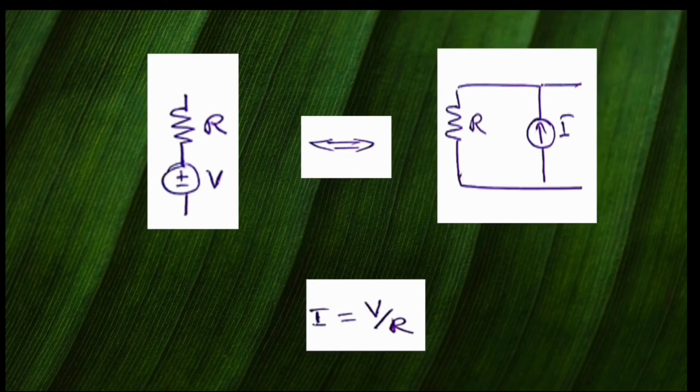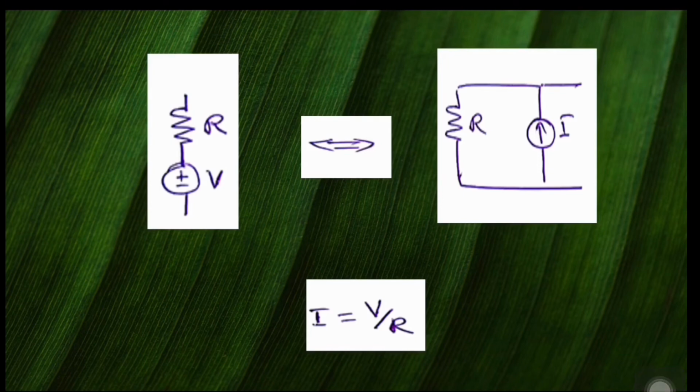One more thing you should take care when you convert a practical voltage source to its equivalent practical current source. It is regarding the direction of equivalent current source. The direction of equivalent current source should be selected such that current flows from positive polarity of the voltage source to the circuit. Here you can see the positive polarity of the voltage source is at the top. Hence, the current should flow from this point to circuit, that is in upward direction. That's why we selected upward direction for this current source. That's all I want to say about conversion of a practical voltage source to its equivalent practical current source.